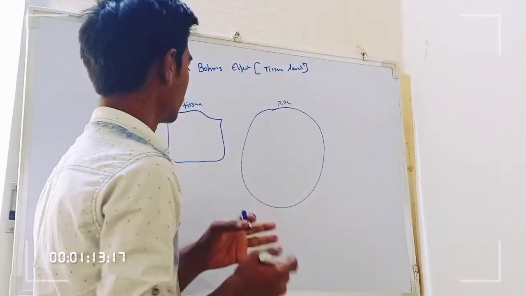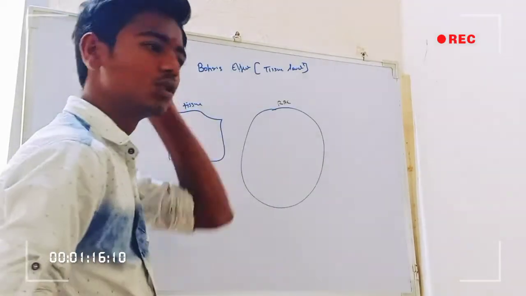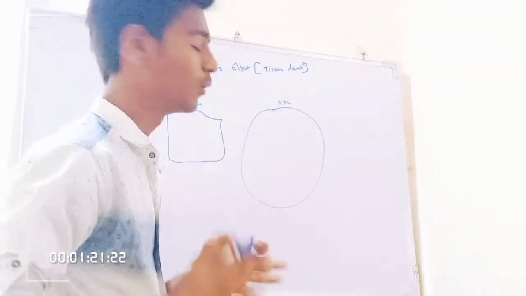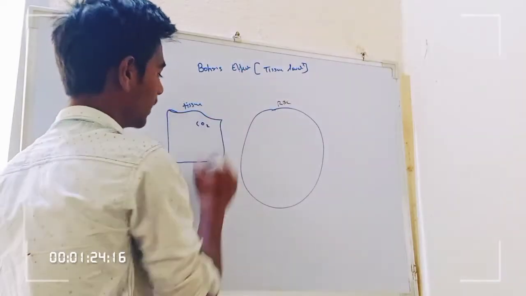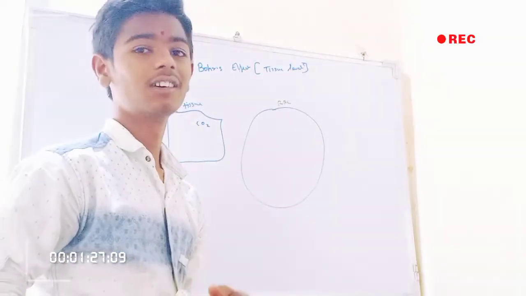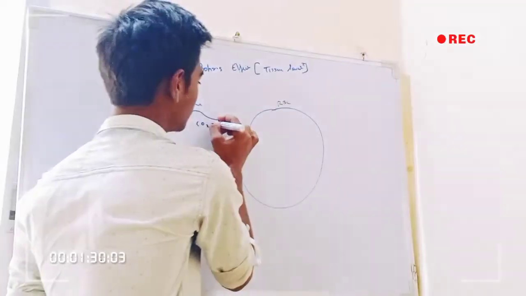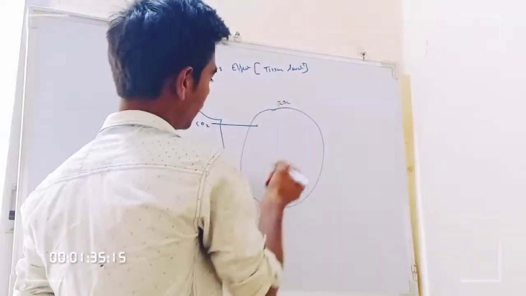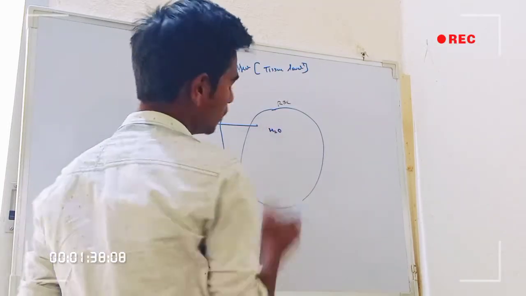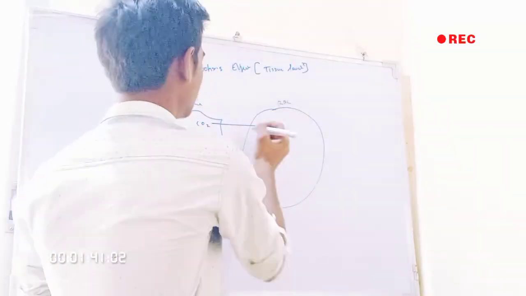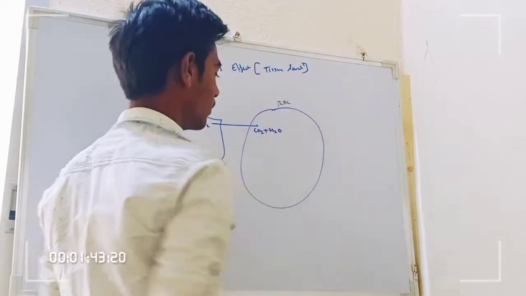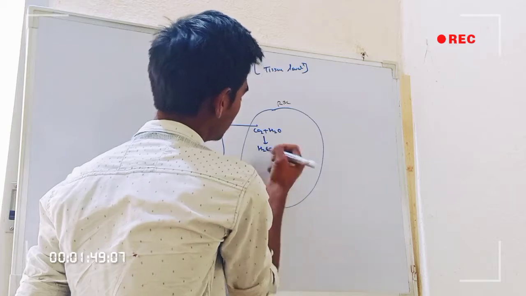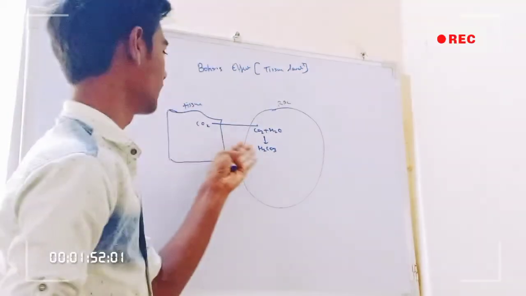Now, in this process, first of all, the things which are present in the RBC help in this process. How? Let's see. Carbon dioxide present in the tissue, which is produced by ATP production, gets into the RBC due to diffusion. Water, that is H2O, is already present. Hence, CO2 gets attached with the water and forms the substance H2CO3.